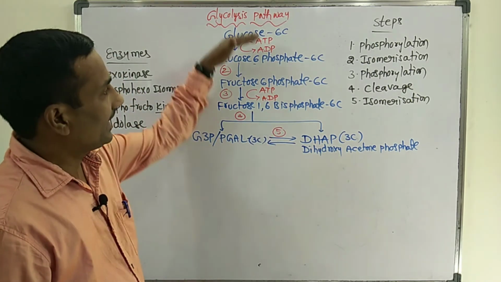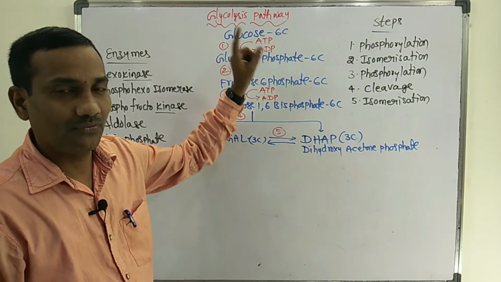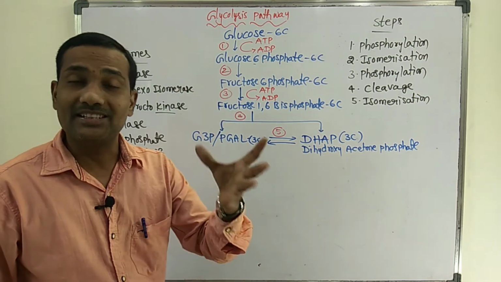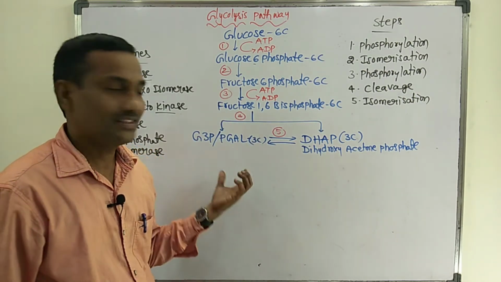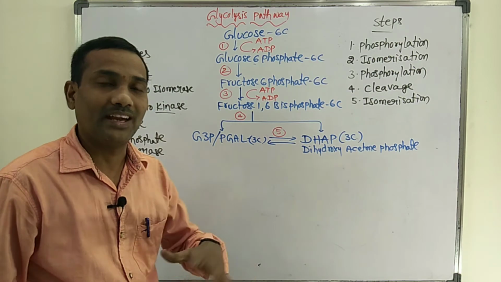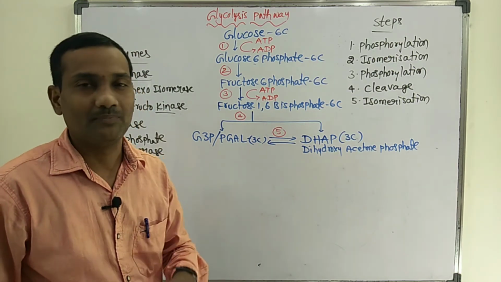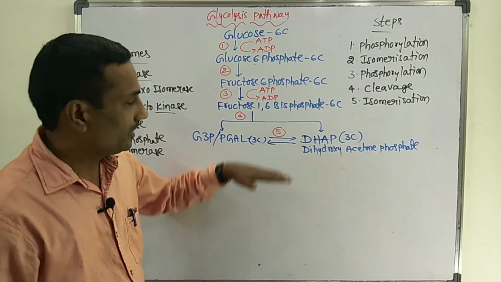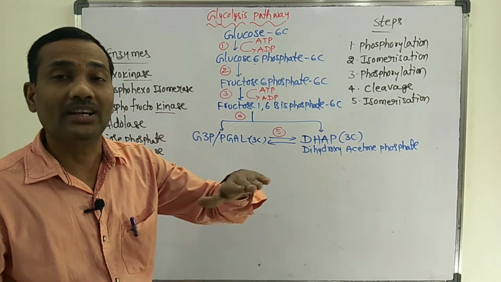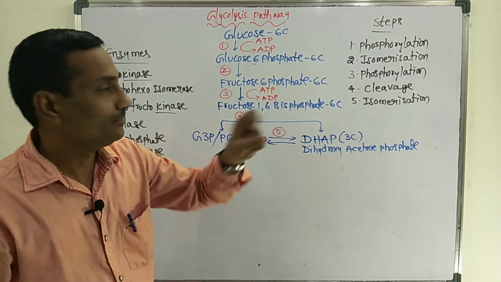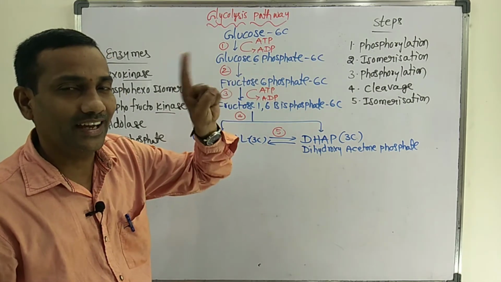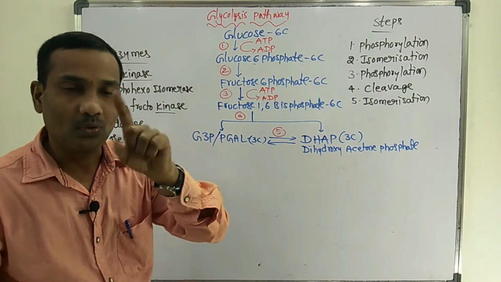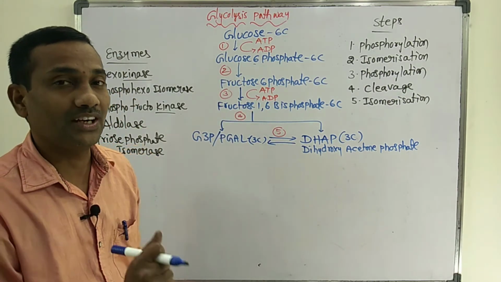But here these are energy consuming steps. The first step is energy consumed. The third step is also an energy consuming step. Whereas from the 6th step onwards, they are energy liberating steps, energy releasing steps, from 6th to 10th. Up to 5 steps we observed energy utilized. In the first step, 1 single ATP is utilized. In the same manner, the third step also has 1 more ATP utilized.